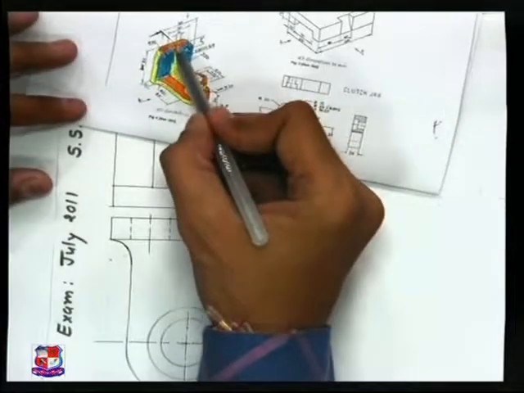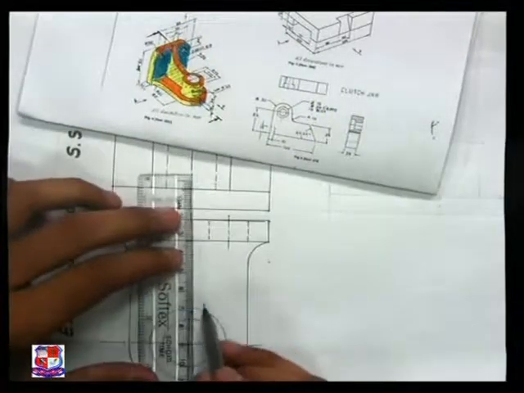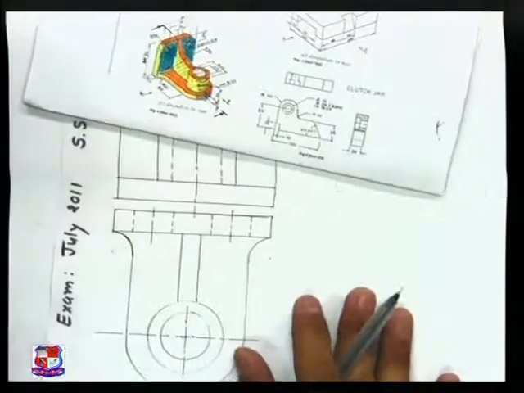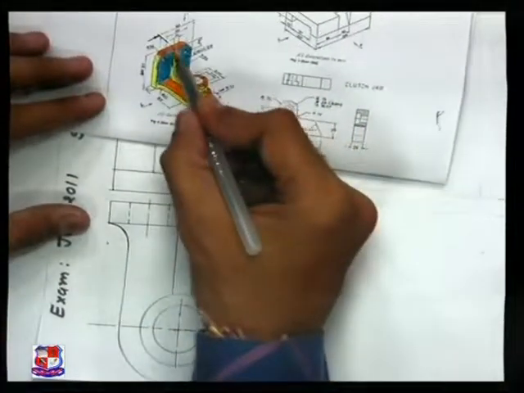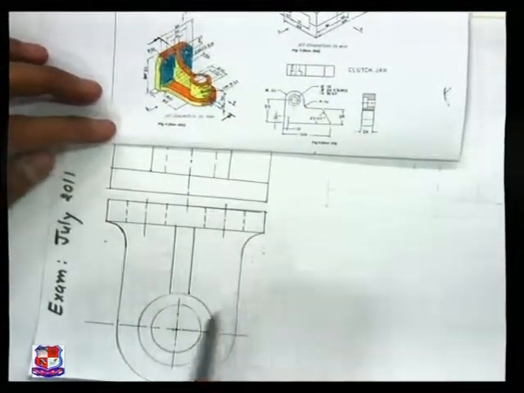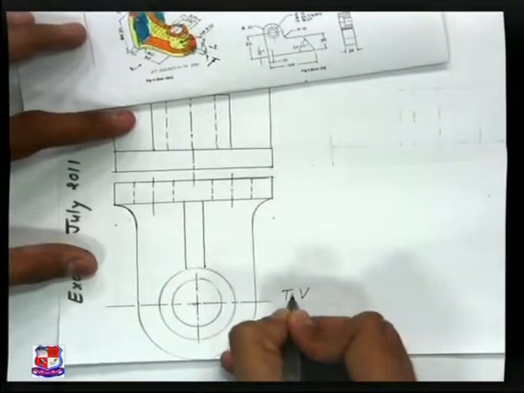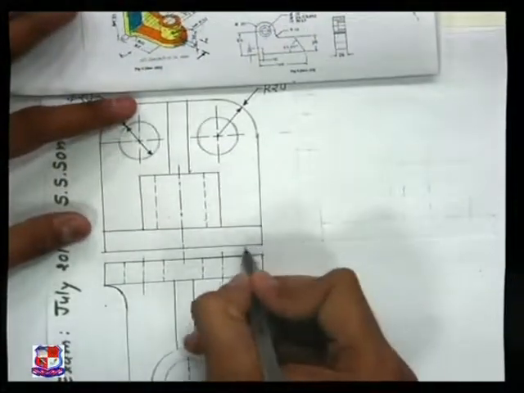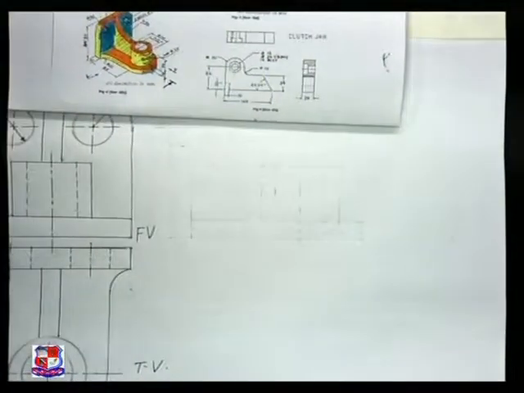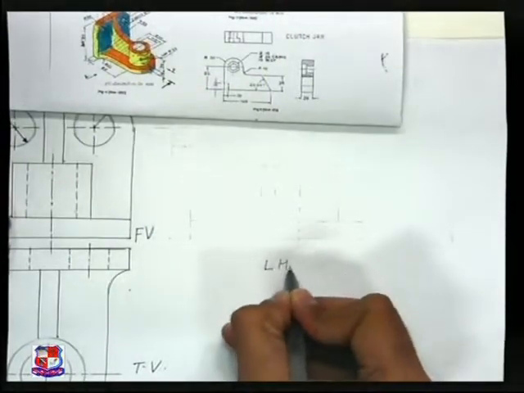Now we think about this curvature strip. That strip is visible in top view as two vertical lines like this. Width is given to us, so draw just two vertical lines like this. That is to be represented by these two lines. Axis would be there. Now nothing is left in this top view. So this is the top view of given object. You write the name of view. This is front view. Now we think about its side view, left hand side view. So here we have to draw left hand side view.